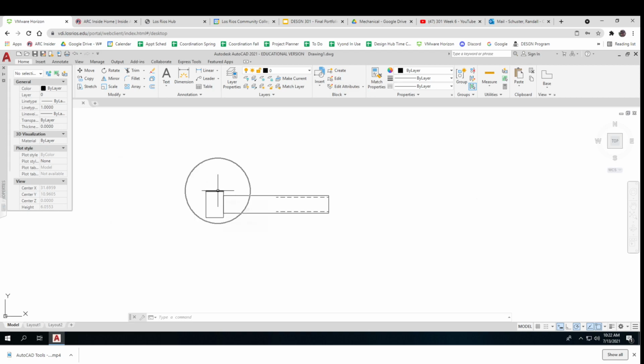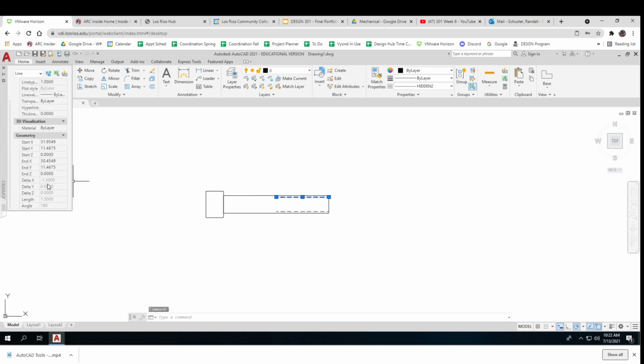I think I set this one up as appropriate for an Allen head, a hex head. And this is the bolt, and these are the threads. So this shows that the threads are a certain length. In this case, the threads are 1.5 inch long, and under the bolt